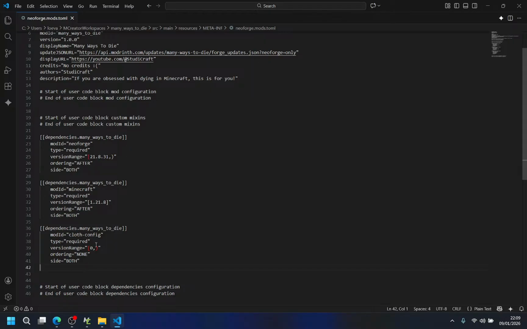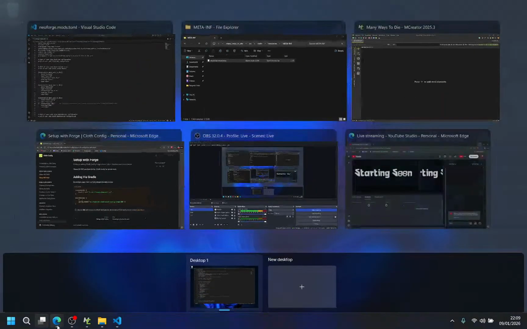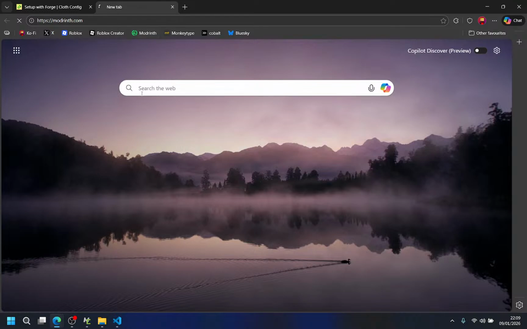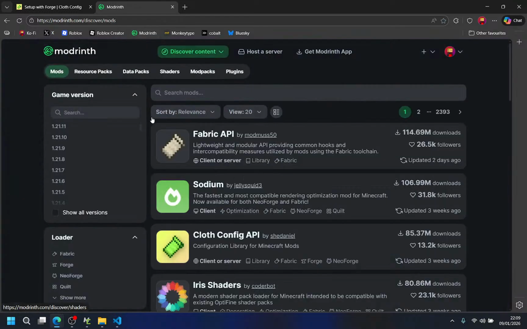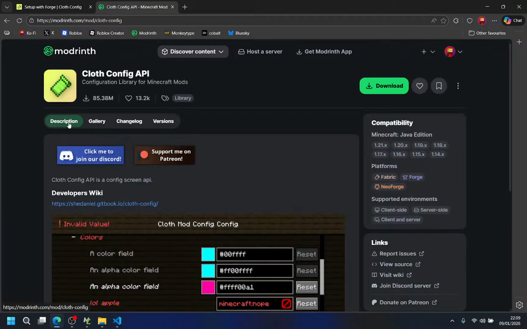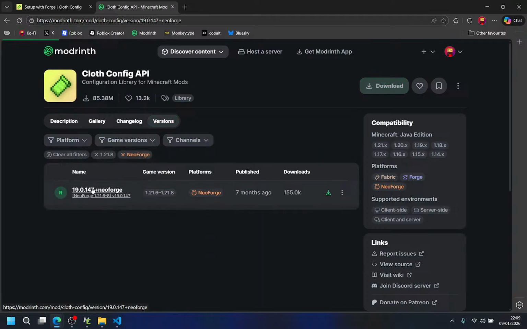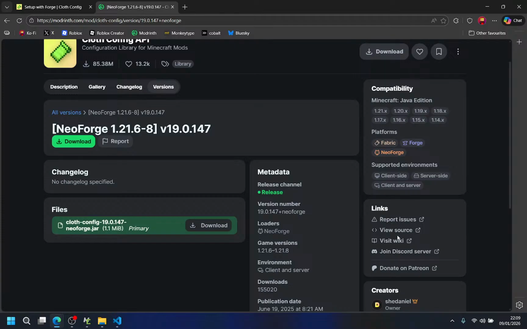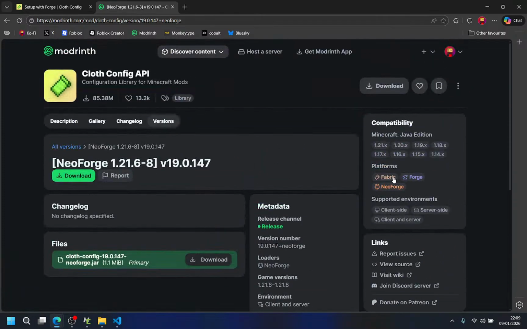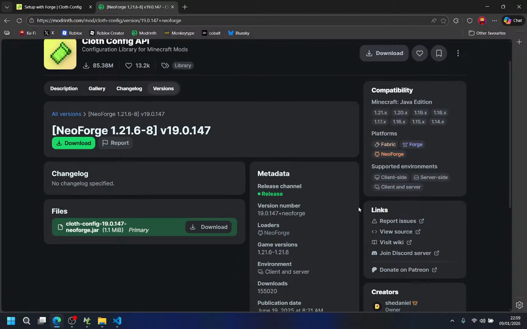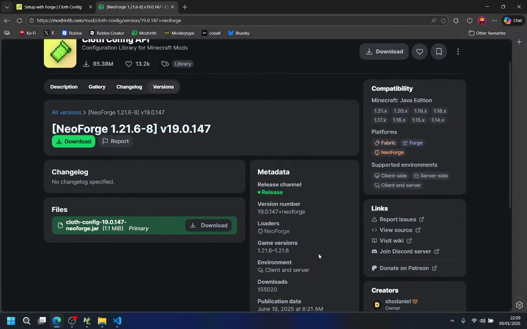So mod ID Cloth Config, version range should be, wait, what's the version range that is on the Modrinth website? Mods, versions, platform NeoForge 1.21.8, this. What is the version of this thing? Where is it? Oh, version number. My bad. So 19.0, yeah, this or above.